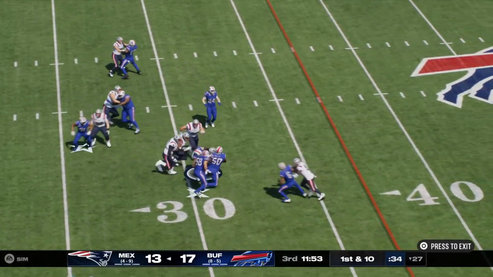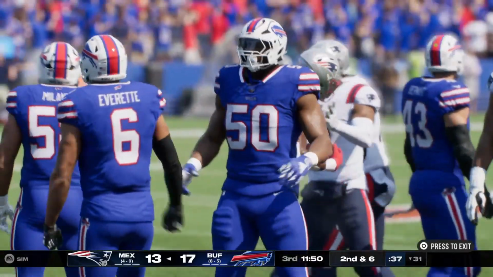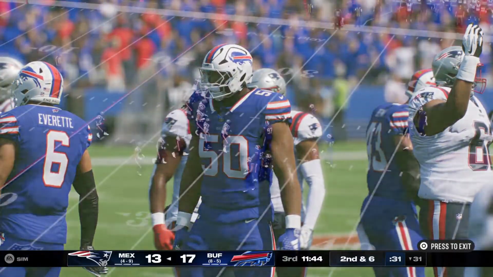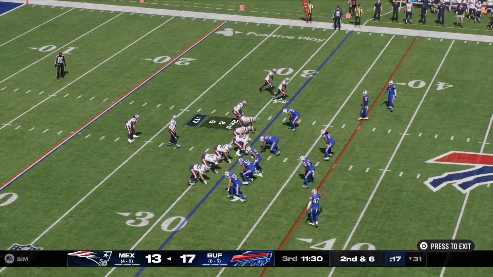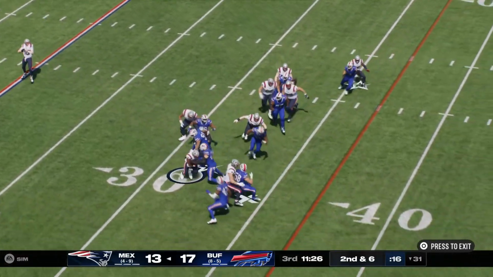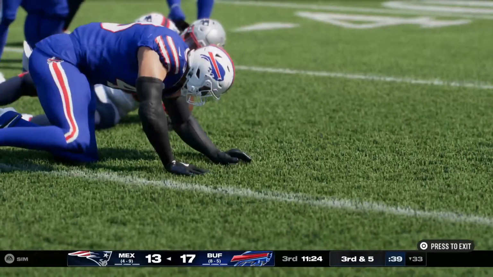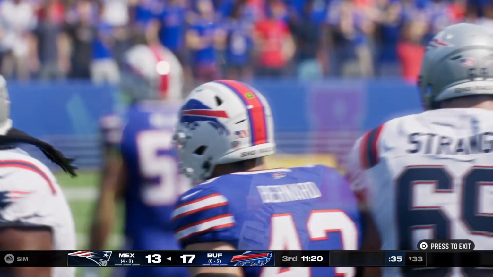They'll run with Stevenson to begin the drive. Up past the 30, second down coming up. I feel like I could see what he was thinking on that carry. Wanted to follow that big tackle through the hole. Ended up only getting 4 yards on the carry. I think he had designs on that one being bigger. And the defense closes quickly there. He'll get maybe a yard to the 33.